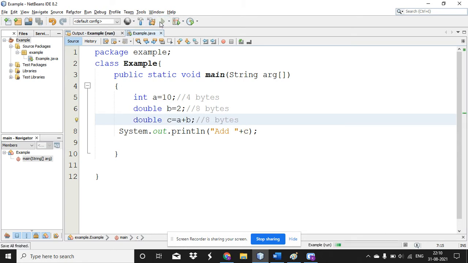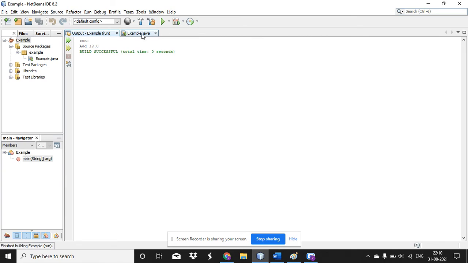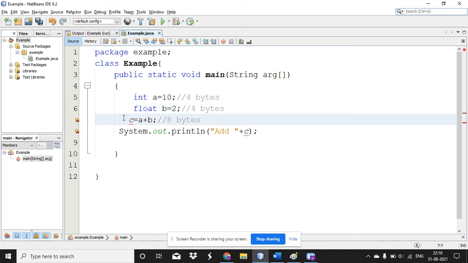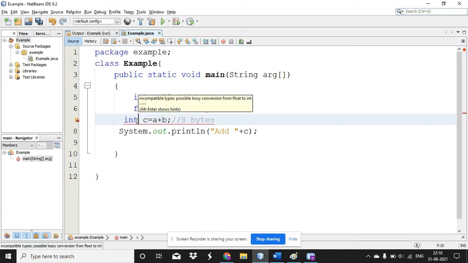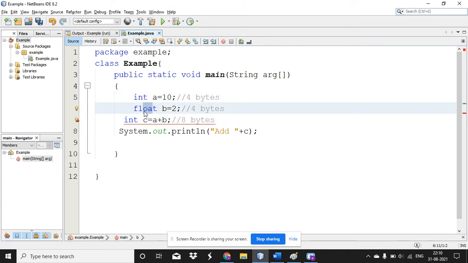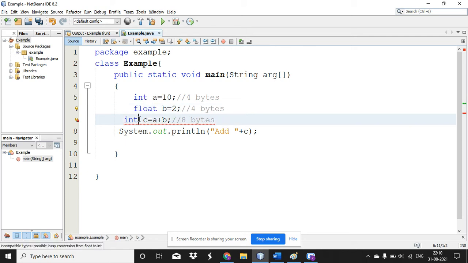Okay. Now if I execute it, you will get the answer. And one more thing to notice, if it is a float data type, it is having the same 4 bytes. But still, I cannot give int as the declaration. Why? Because here the representation for integer and float, even though it is occupying the same bytes of memory, the internal representation is different.